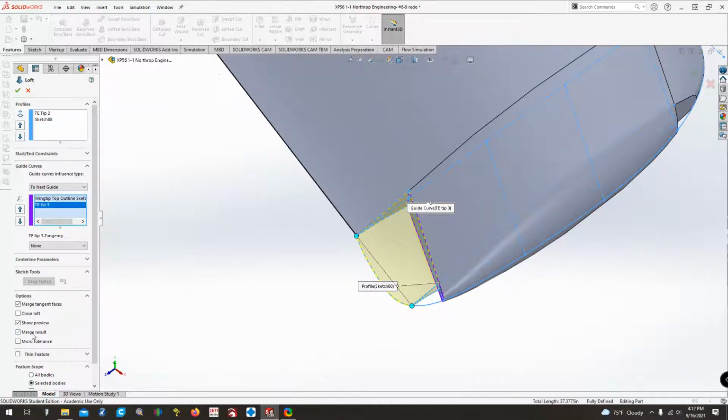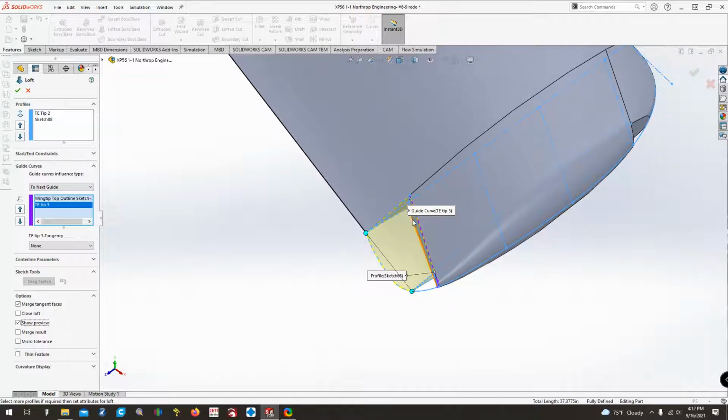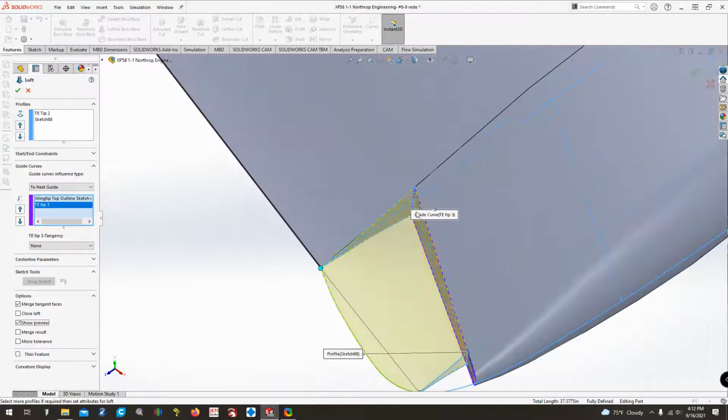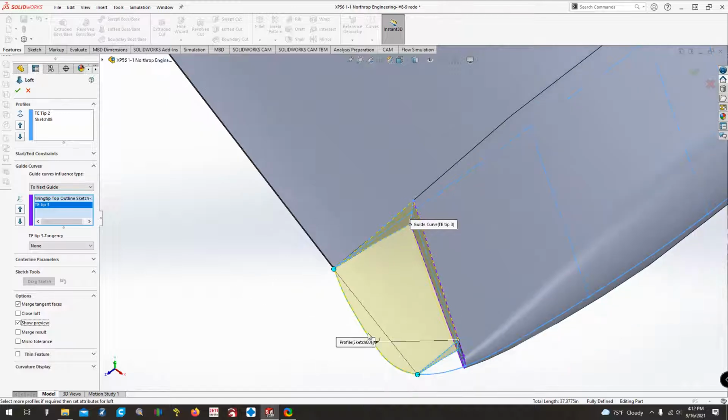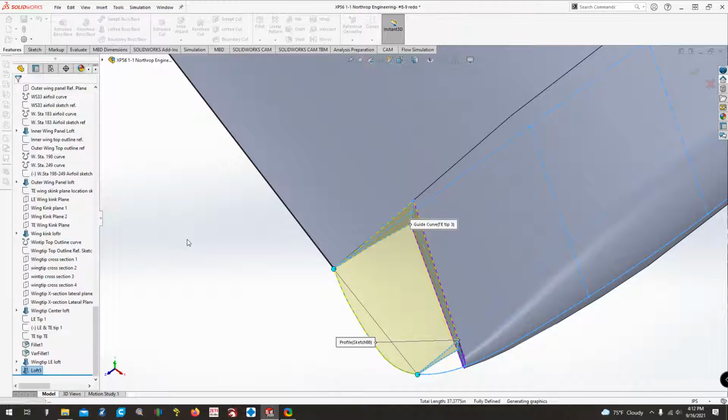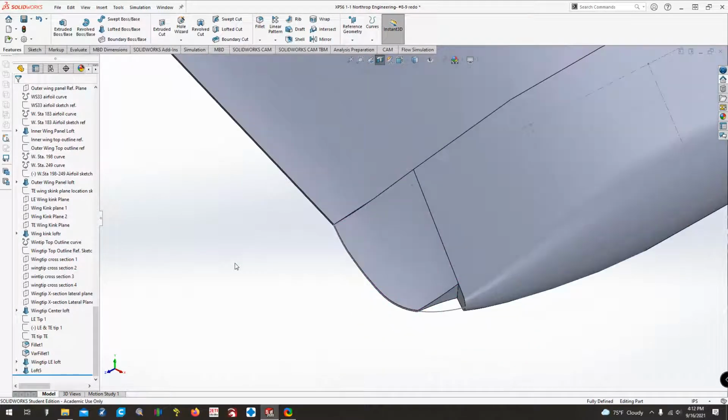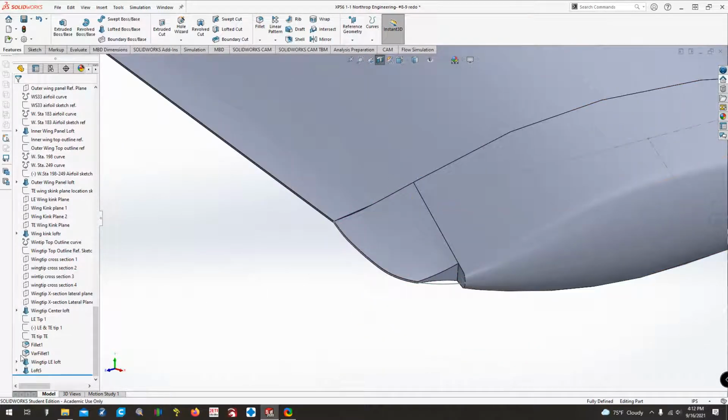And unable to, because of zero thickness geometry. Basically, it's saying that there's a very, very slight gap between the parts to where it can't merge them for some reason. So we'll just undo merge result. There's that. Now we get that trailing edge tip